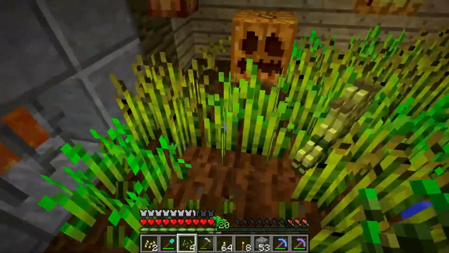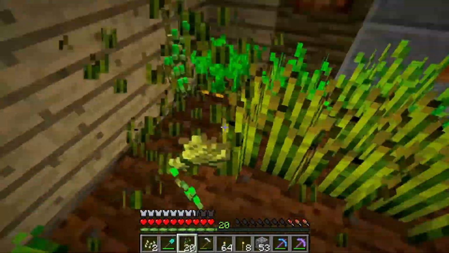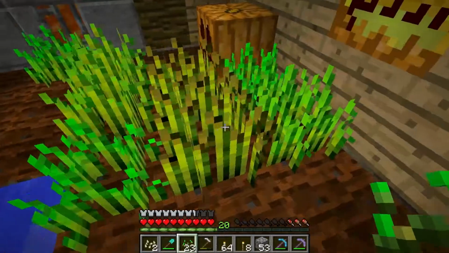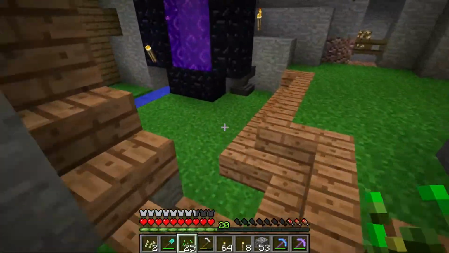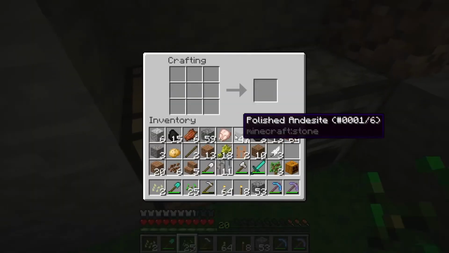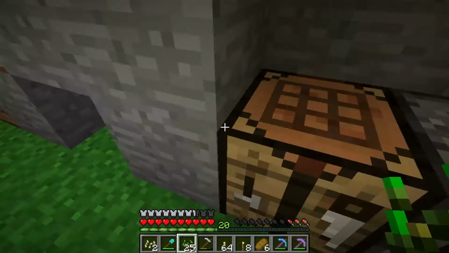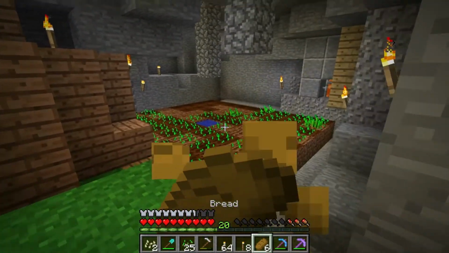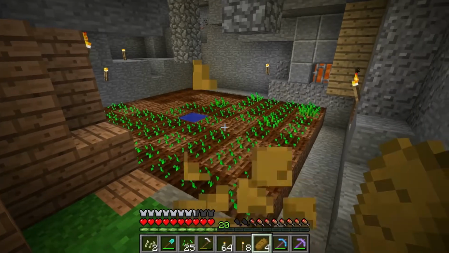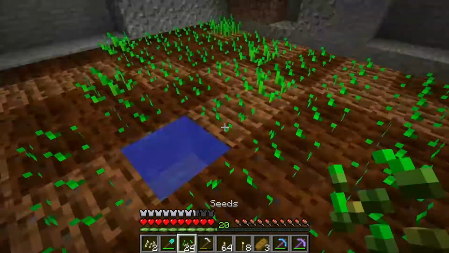All right, we got some melons ready and some pumpkins ready. I need to look at how to automate that. I don't know if you can still use a piston to do that, but I'd definitely like to look into that because it'd be nice. So what I'm going to do is plant this wheat, and I want to see...